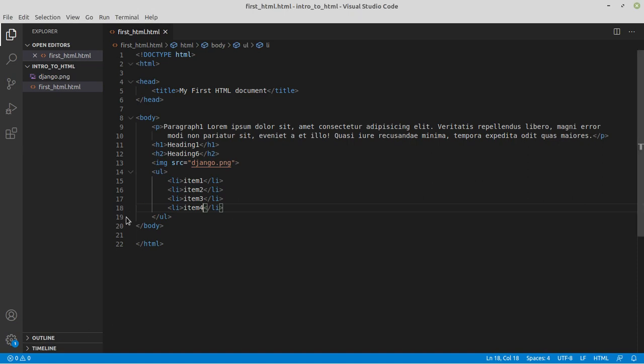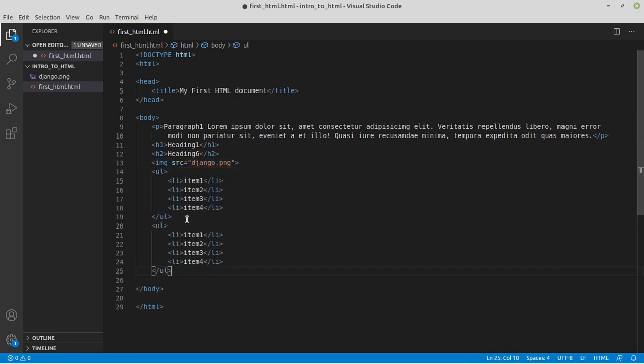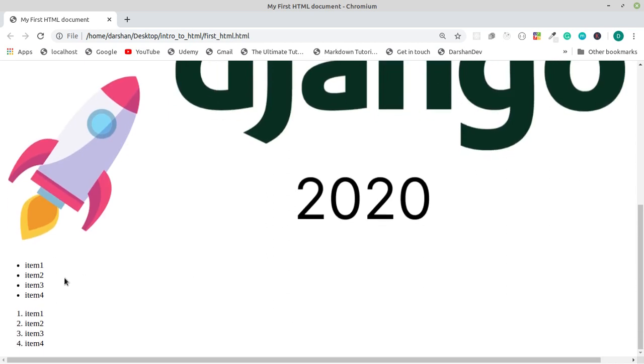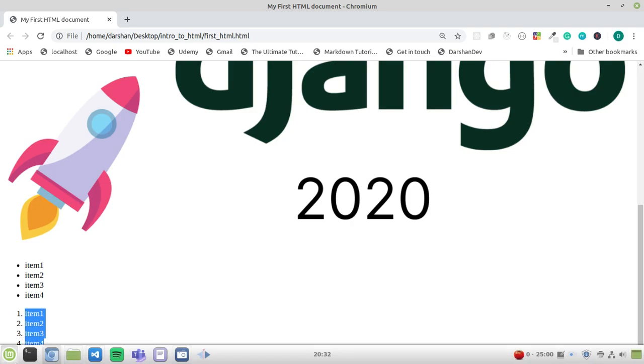Now we'll just copy and paste it, so you don't have to type it one more time. Just change this UL to OL and see the magic. Save it, go here, refresh it. Now along with this unordered list, you have an ordered list which has numbers with it. So here is 1, 2, 3 and 4.